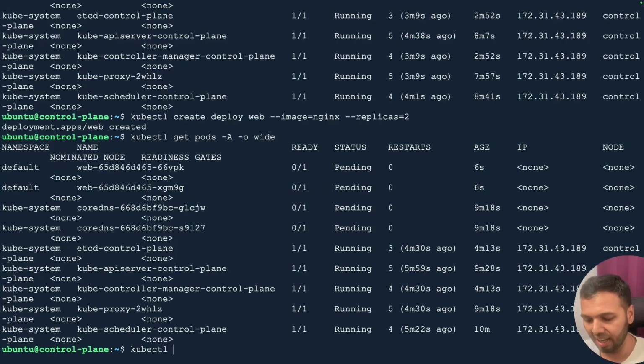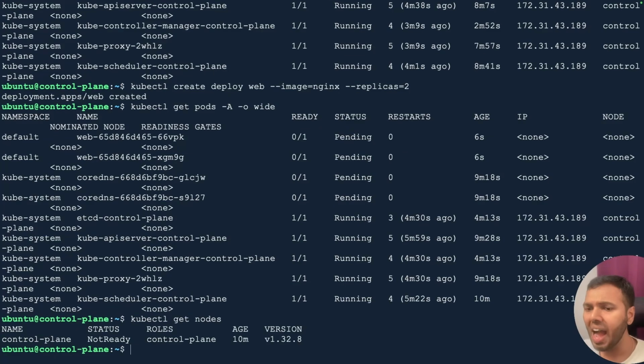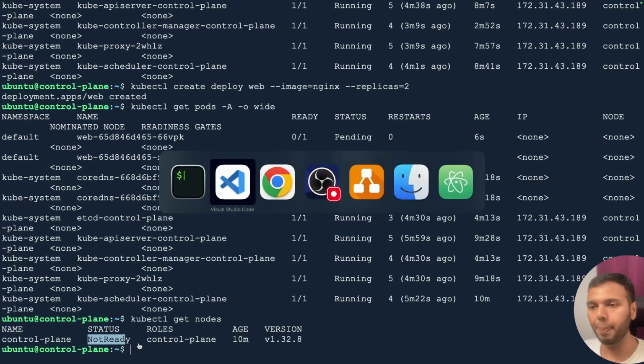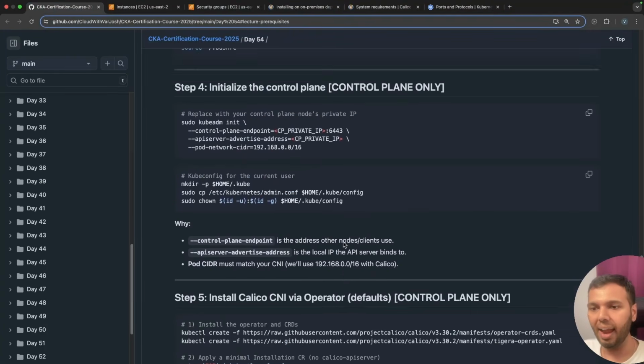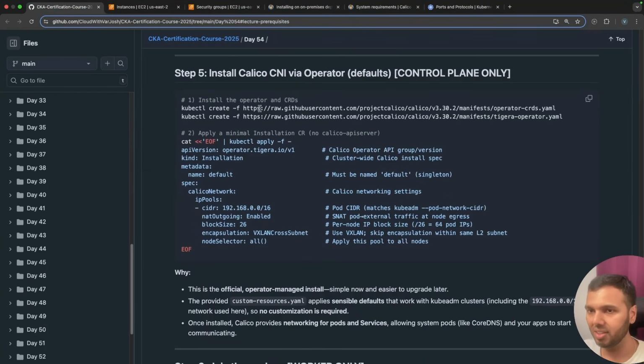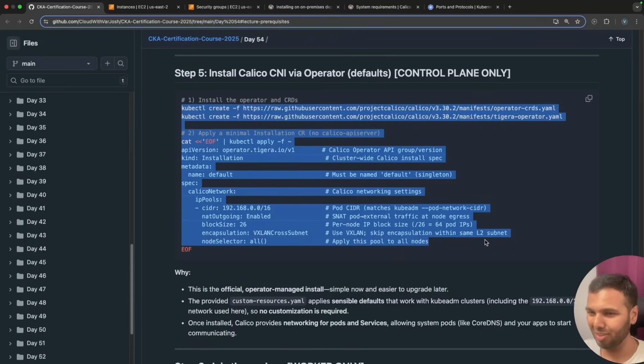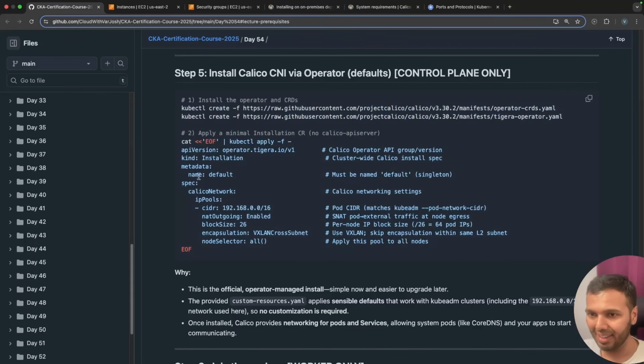If I run kubectl get nodes here, I still see the status is not ready. As soon as I configure the CNI, this status should ideally change. So let's go back to our browser. I will come here and then I will install the CNI. We are using an operator for this installation, and here the CIDR for the pod networking is